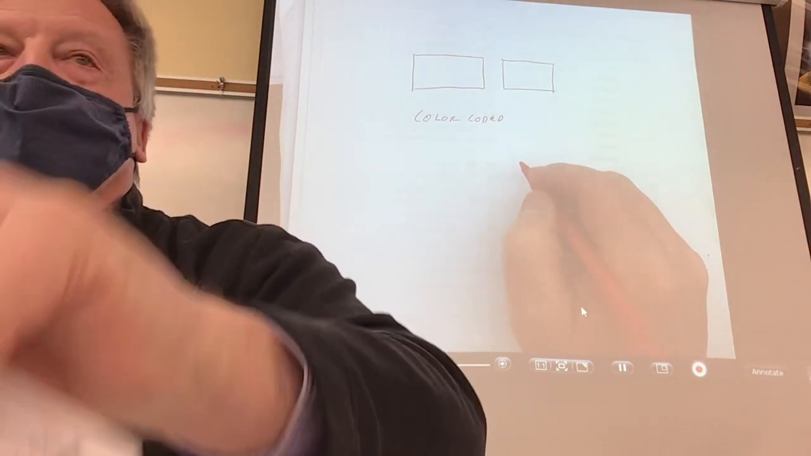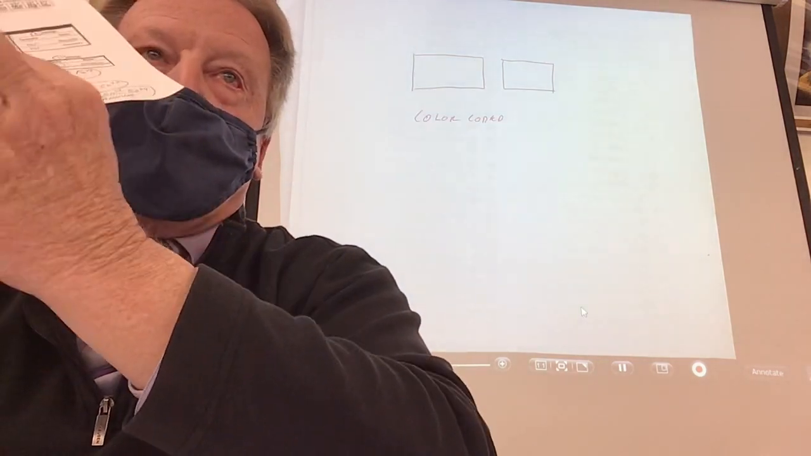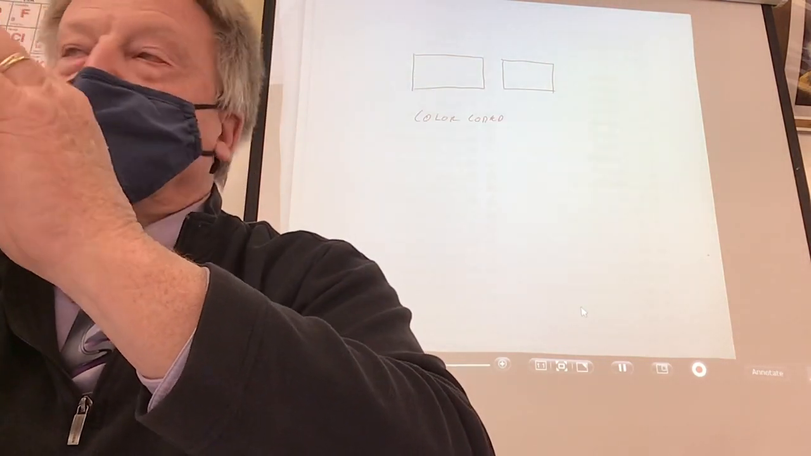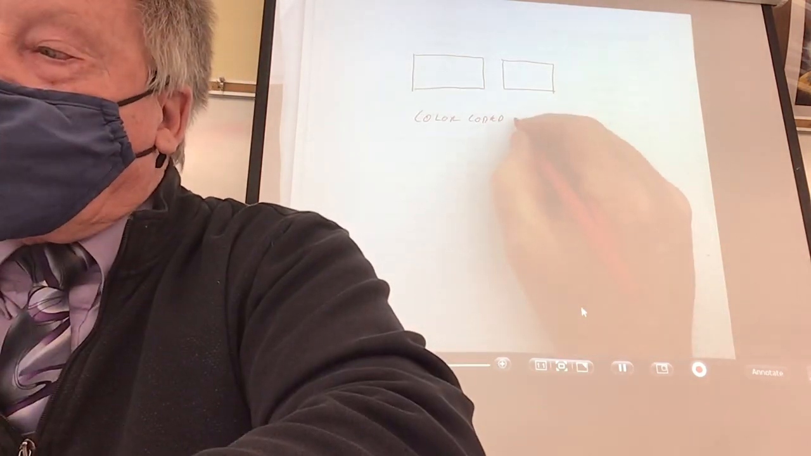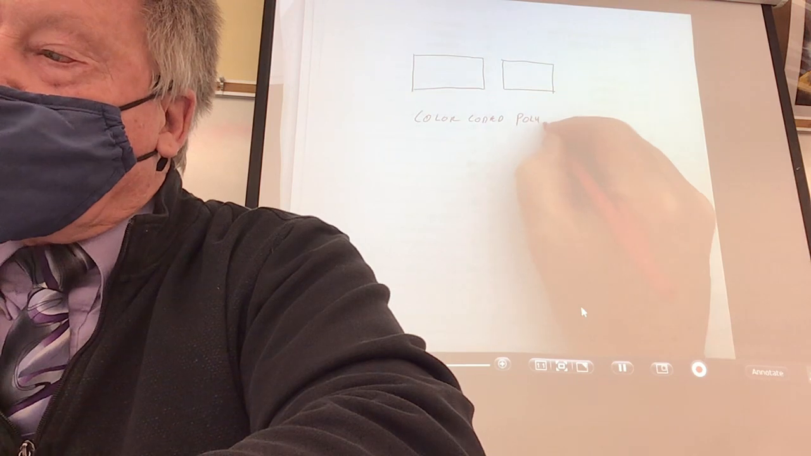I will not give you this on Thursday. I will not give you that. You'll use your own cards. Get that? So here's what's going to happen. Color-coded polyatomic